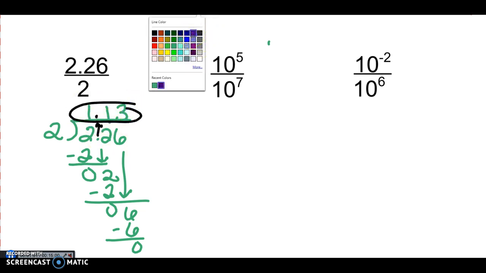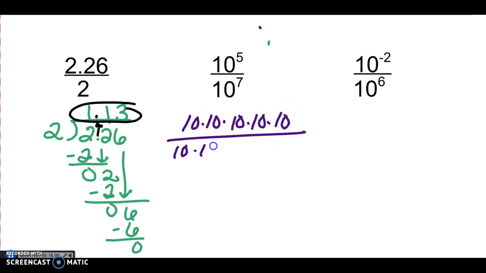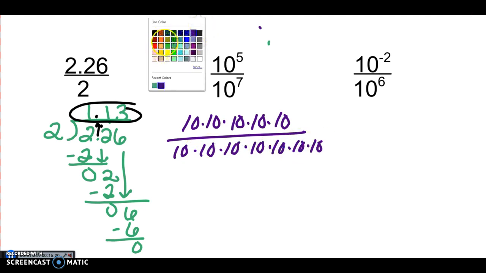We also want to make sure that we know how to divide exponents. So one way of doing it, my favorite, is just expanding it out. So 10 to the 5th is 1, 2, 3, 4, 5 tens over 1, 2, 3, 4, 5, 6, 7 of them. Now you can cross off those that